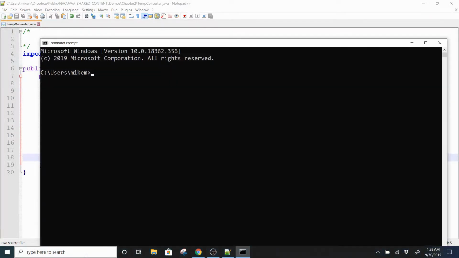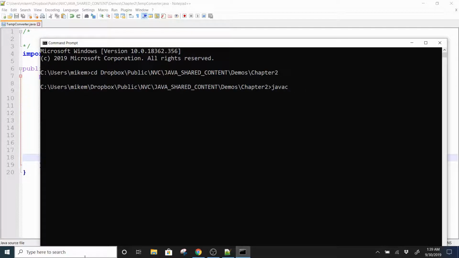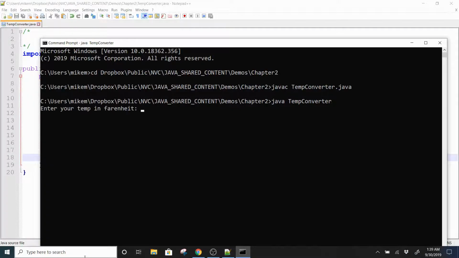I'm going to go ahead and open up command prompt, change directory to Dropbox, Public, NVC, Java, shared content, demos, chapter 2. Okay, then I'm going to compile, and the name of this is TempConverter. It does compile. I'm going to run this: java TempConverter. It says, "Enter your temp in Fahrenheit," and I'm going to say 212, and 212 is 100 degrees